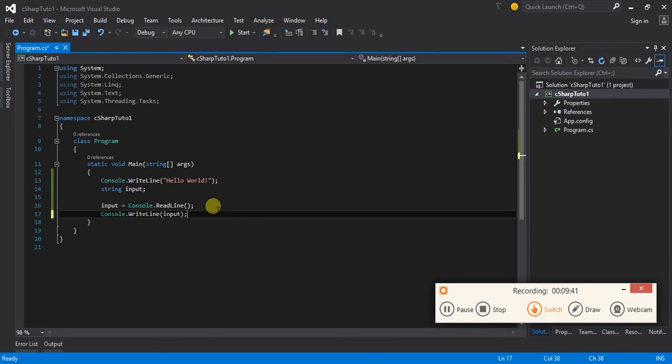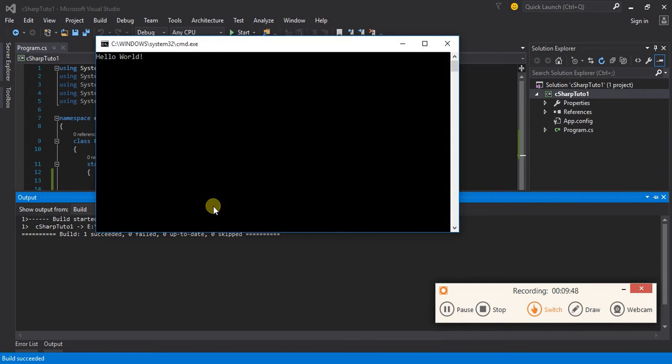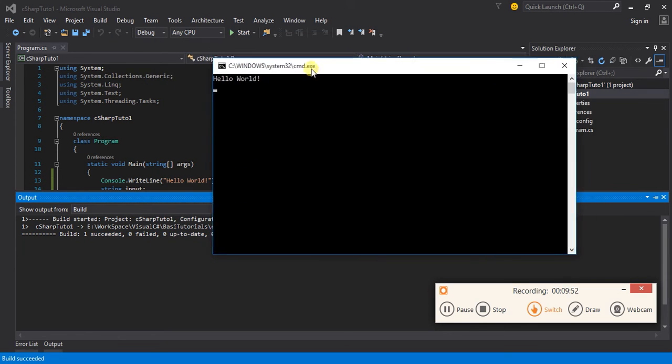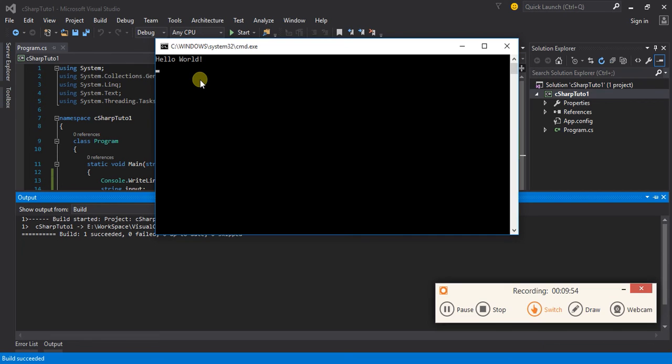So now let's see what happens. Press Ctrl F5 to run the program directly. Yeah, first of all we wrote hello world here, and now it's waiting for an input. I'm giving hello